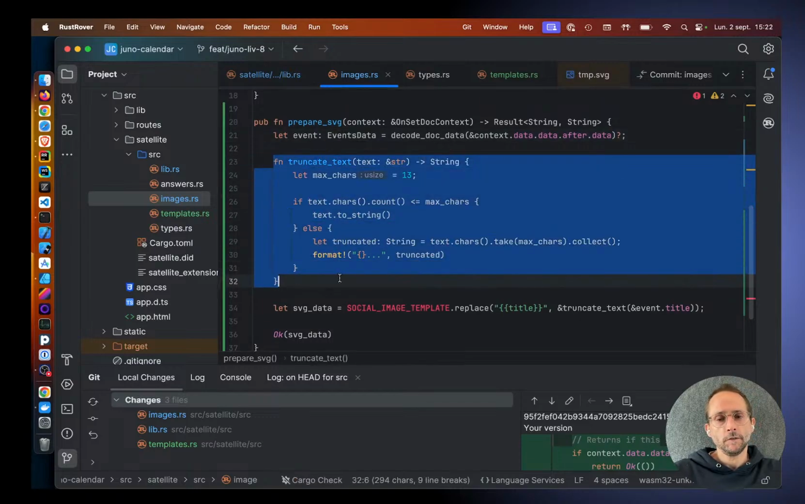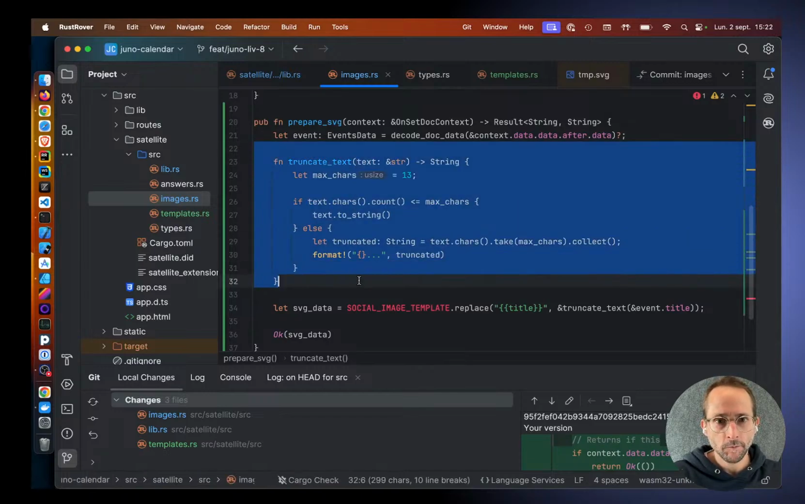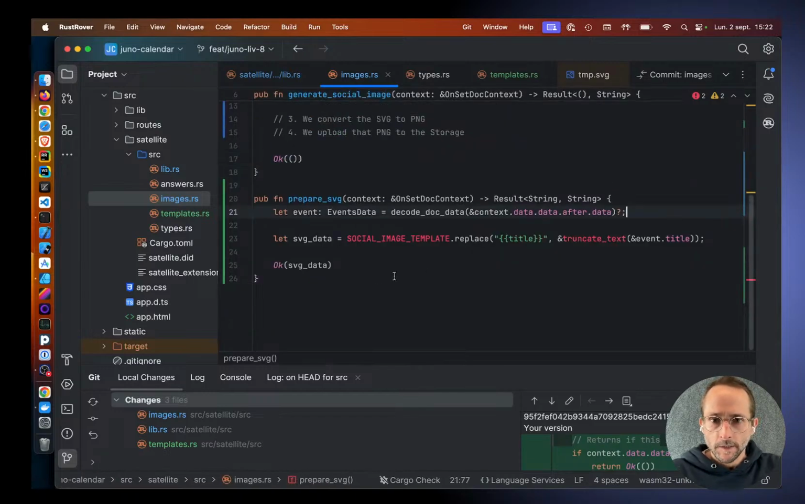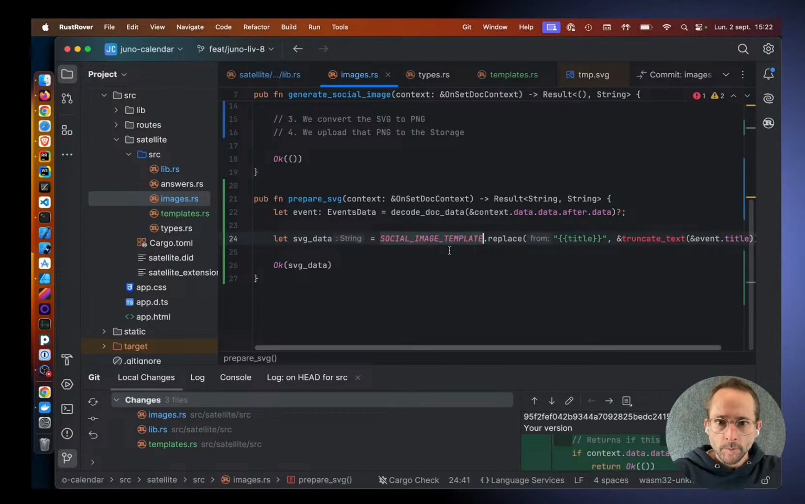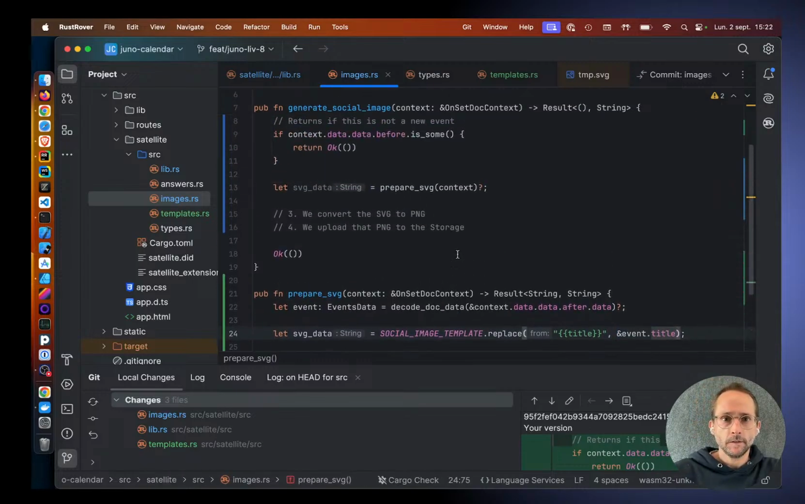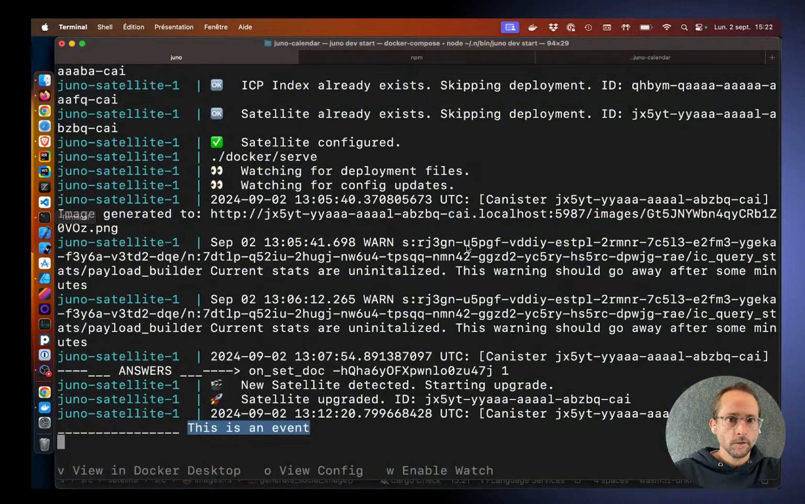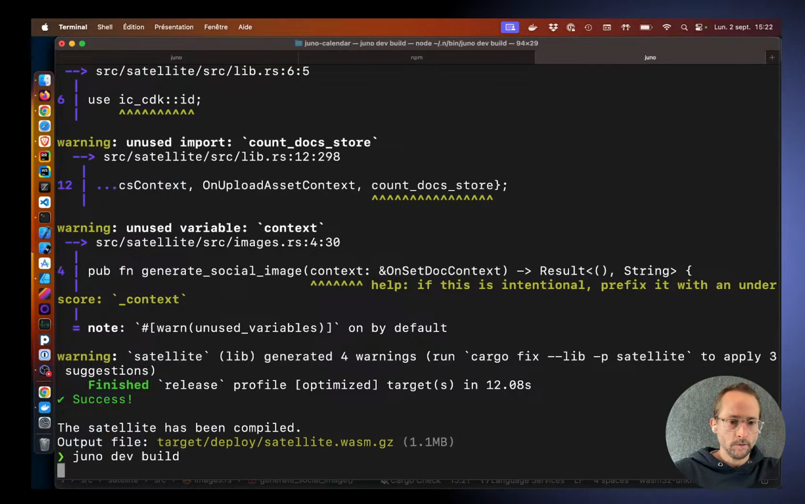Here is just, I don't know, let's skip that for now. We import the template, and in the template we replace title with our title. Okay, and if we print that now, print svg data. So if we build,